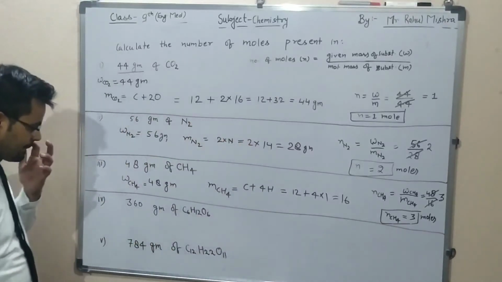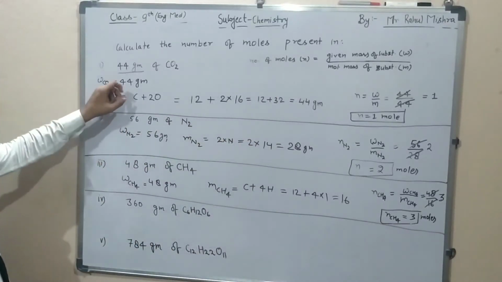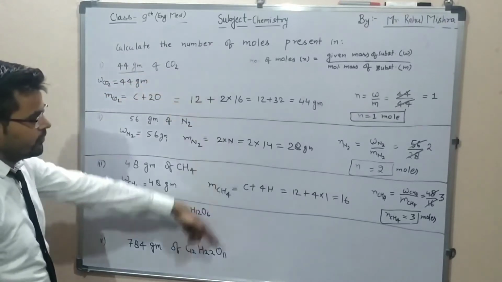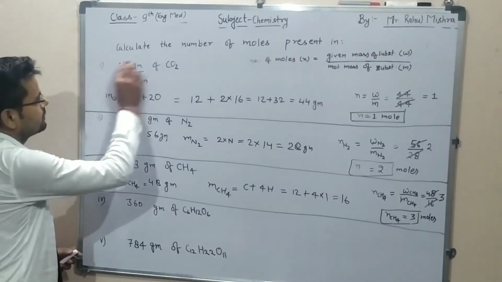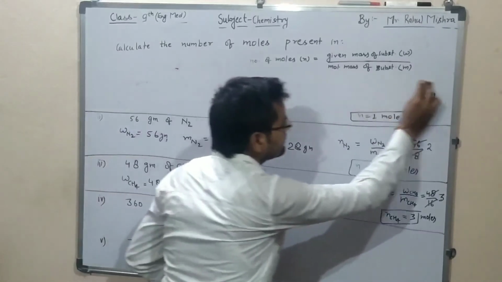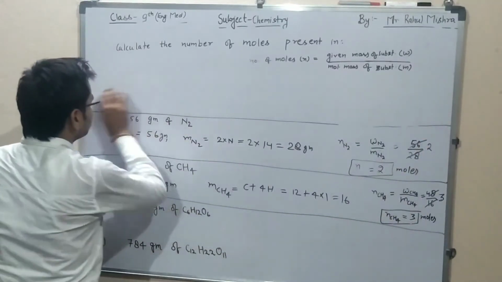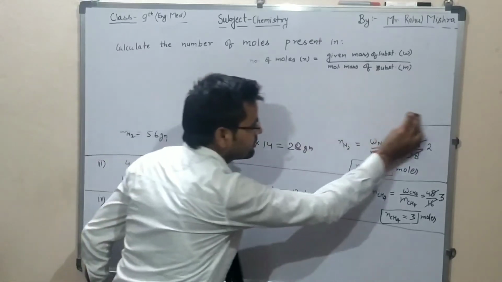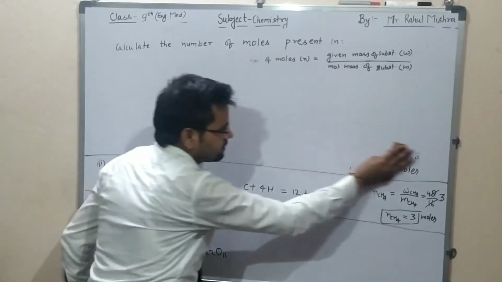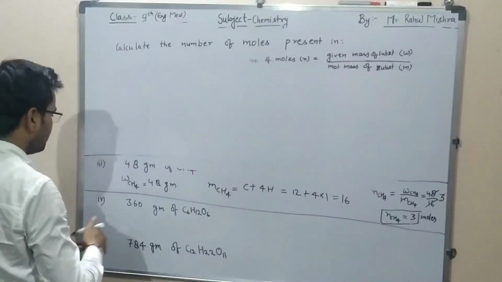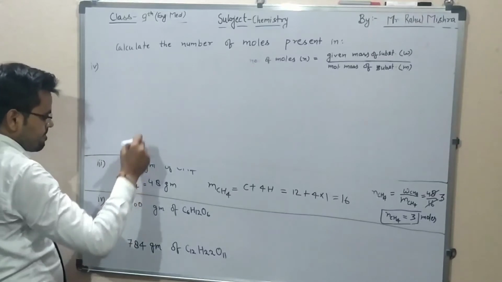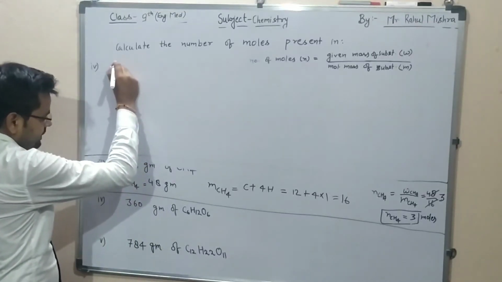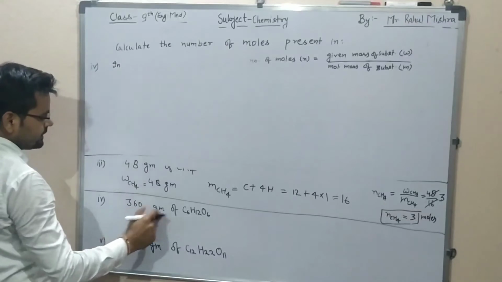Now, so listen, I hope you have noted it. Now we will discuss question number 4. So question number 4 is, in 360 gram of